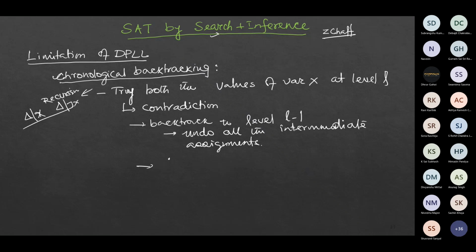So we try out, so let me put it in different intention, so try out a different value for the variable L-1, right? And again, if we get a contradiction, we backtrack to level N-2 and we keep on doing this, right? And finally, what do we do? We move all the way to the level 0